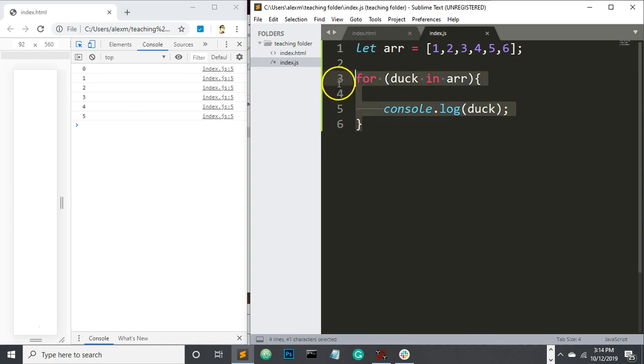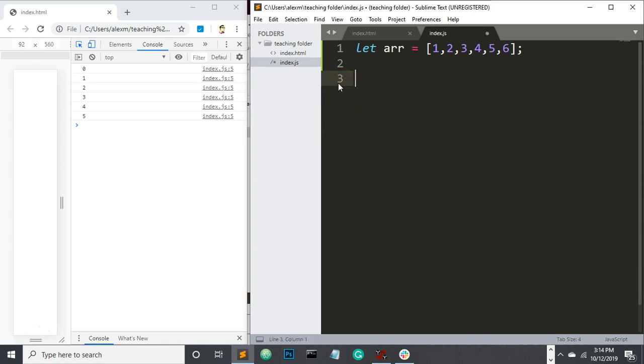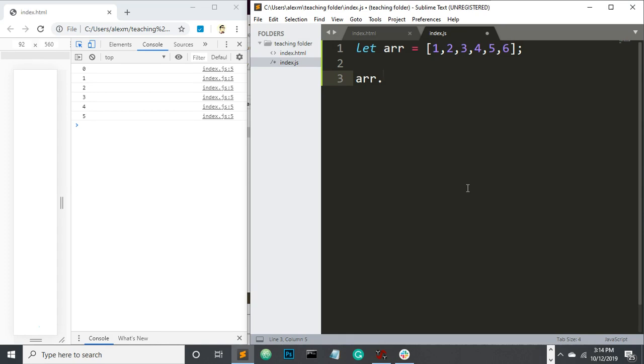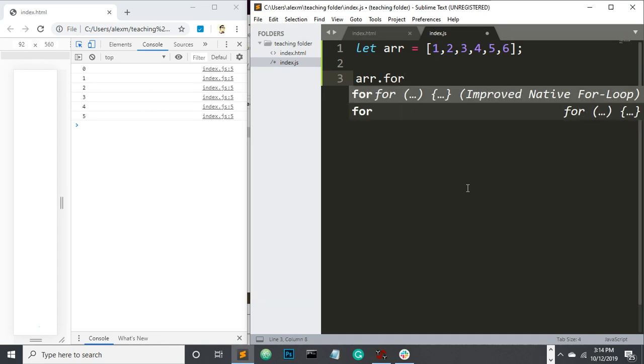Another way you could do the same thing with an array is an array has a built-in for loop. This is referred to as a method, and this method takes what's called a callback. A callback is when you put a function as an argument in a function. So bear with me for a moment. So if I do r dot forEach,